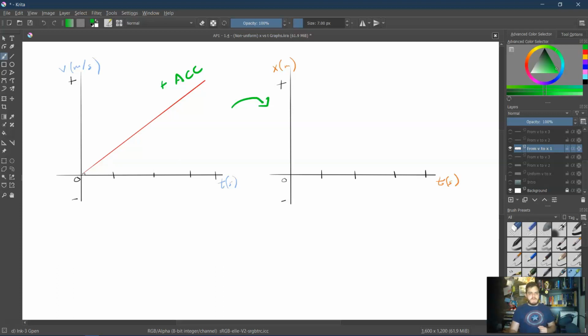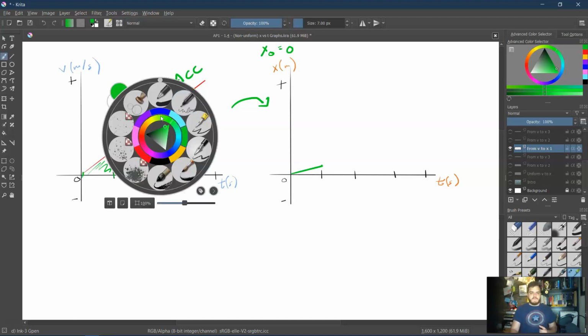Let's go ahead and look at this first segment here from this time to this time, and we have some little area. And I could say, let's imagine that on our position versus time graph we were told that we started at 0. And so in this first segment of time, we're going to move some distance. All right, we don't know exactly how much that is. We're going to move some distance. All right, in the next segment,